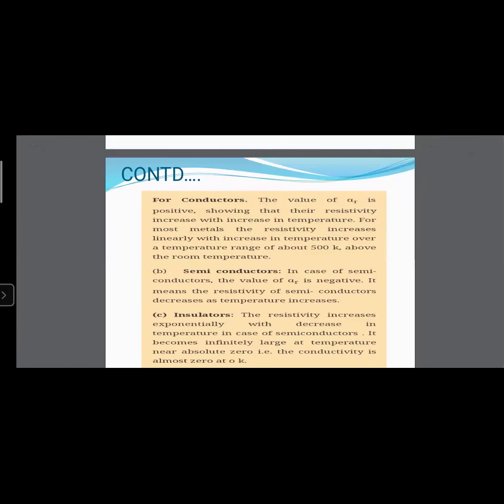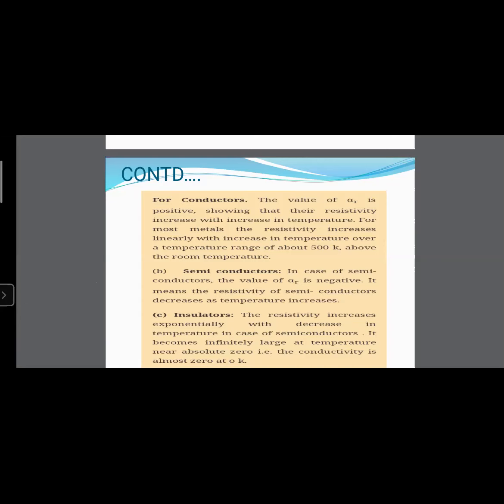So we have found that when we increase the temperature of the alloy, there is no change. That means drift velocity remains constant for the alloy, right? So what is an alloy? An alloy consists of two or more metals mixed in a definite ratio. For example, brass consists of copper and zinc. Nichrome is made from nickel, iron and chromium. So resistivity is constant for an alloy.